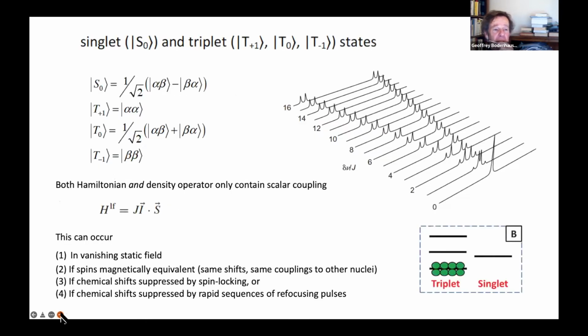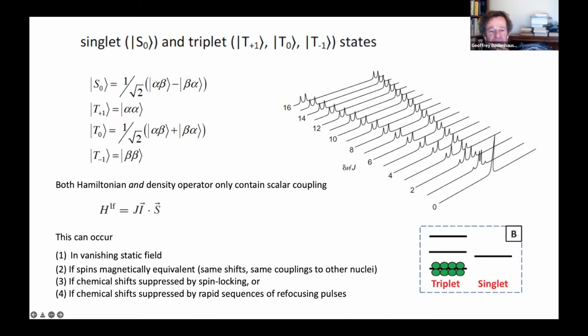So let me just say a few words about what singlet and triplet states are. First of all, on the right-hand side here, I copied this from the book of Peter Hore. This gives you just a 2-spin system. In the very weakly coupled limit, when the J coupling is smaller than the difference in chemical shifts, you have a typical AX system. When the chemical shifts move closer together, they turn into an AB with the inner lines strengthening and the outer lines weakening. And ultimately, when the relative chemical shifts go to 0, you have just a single line. This is the case where the 2 spins become magnetically equivalent.